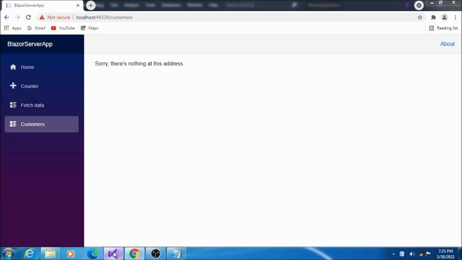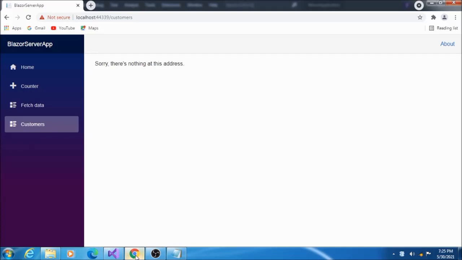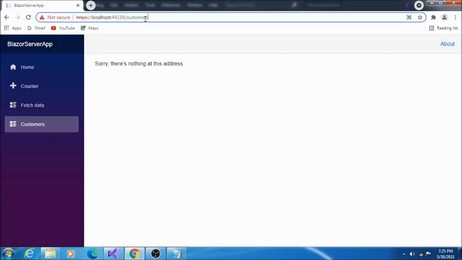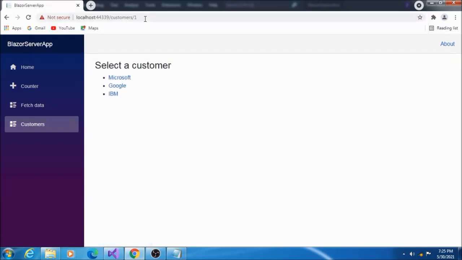If you see my code, I have customers slash with customer ID, so I will pass an ID value. See, if I click on any customer, the ID is changing.